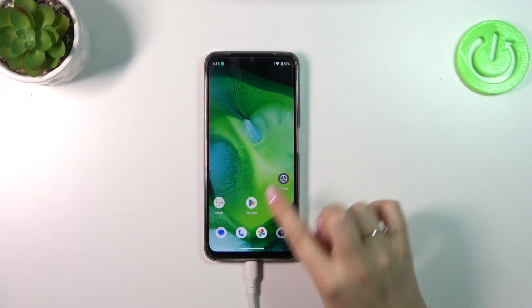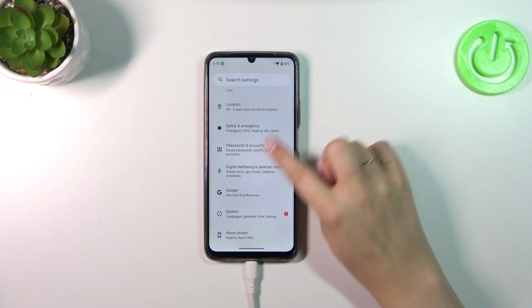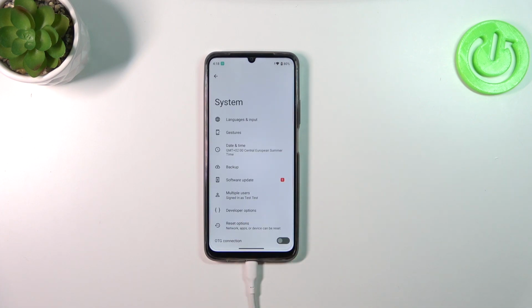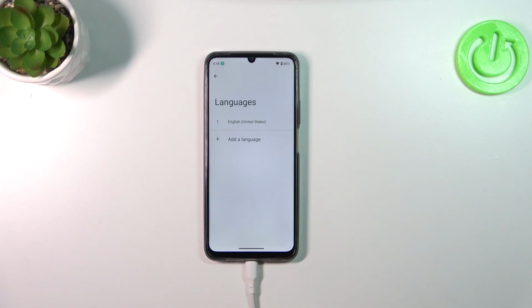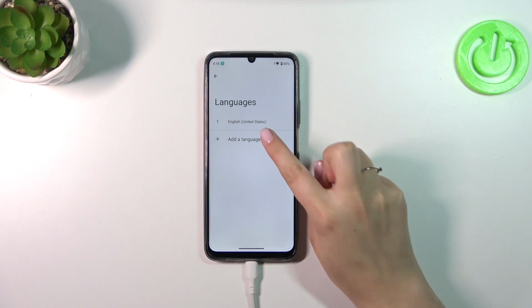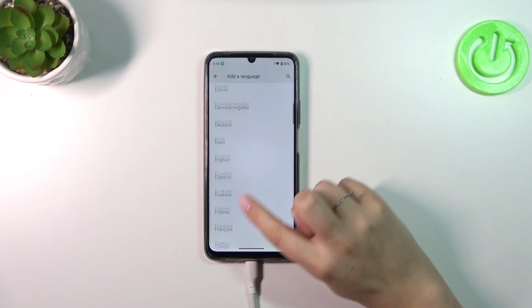So let's start with opening the settings and then we have to scroll down to find the system. Now let's tap on languages and input and pick languages. And as you can see, this is the list of all currently added languages. We've got only English, so let's tap on add a language, and here we've been transferred to the full list